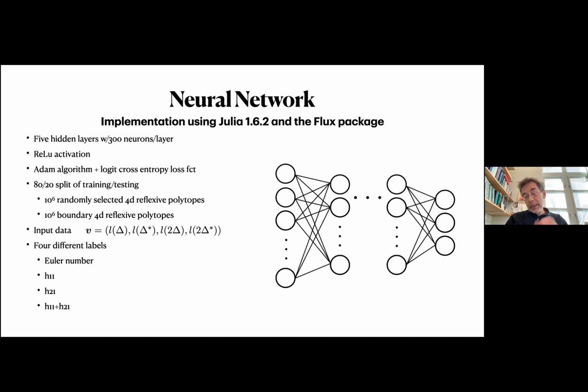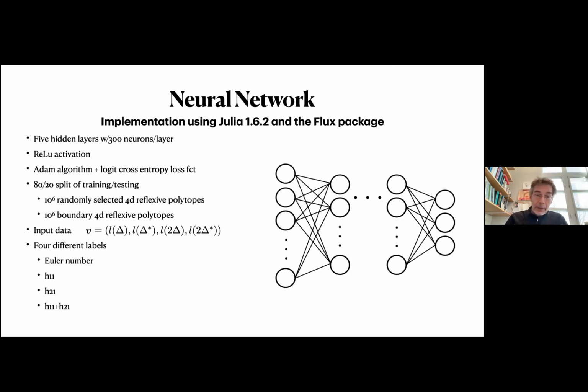So the basic idea, this is a cartoon picture, is starting with input data to the left. I'm flashing this, and I'm going to talk more in detail about what that input data is, and then it's forwarded